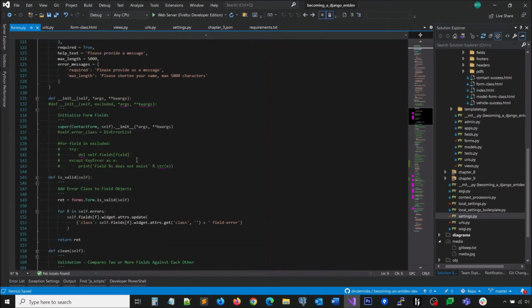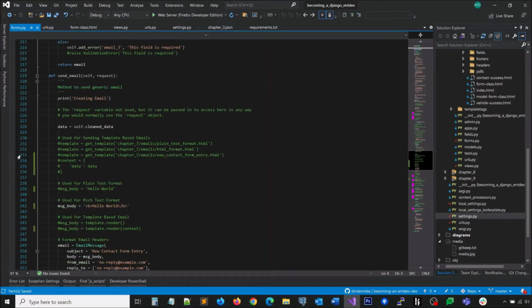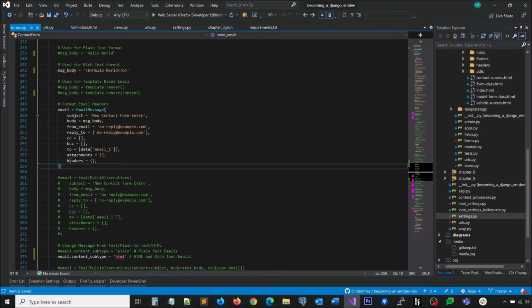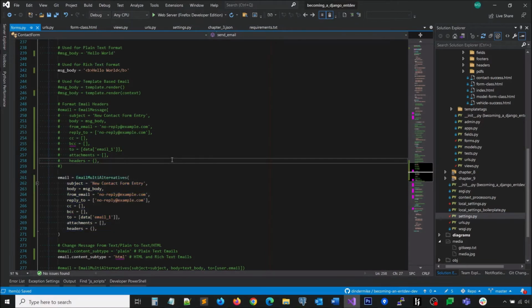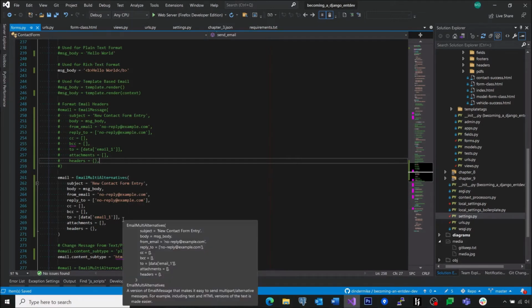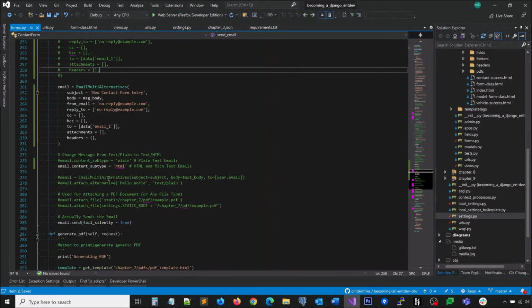Now here in our send email method, let's leave the message body as is with the bold tags around hello world. For the email, in the code of the book, I'm just going to comment this out and uncomment the version with EmailMultiAlternatives. Here we're leaving it pretty much the same, except the class that we're using to construct it is different. Now for the content subtype, we're going to leave that the same as HTML,